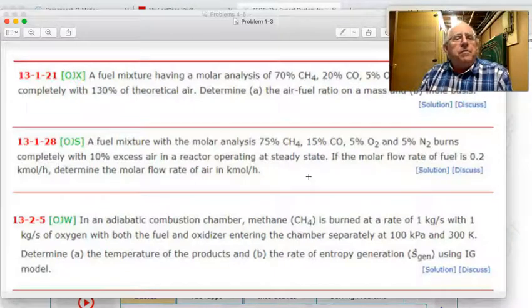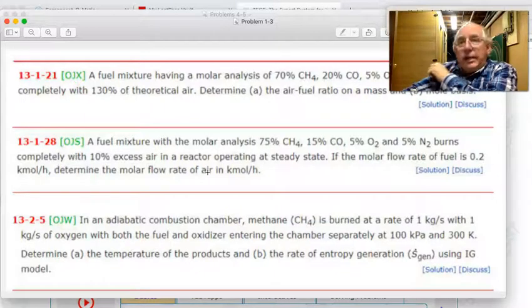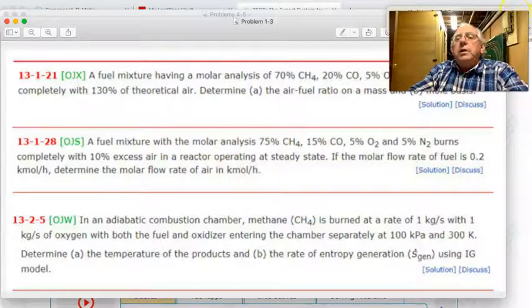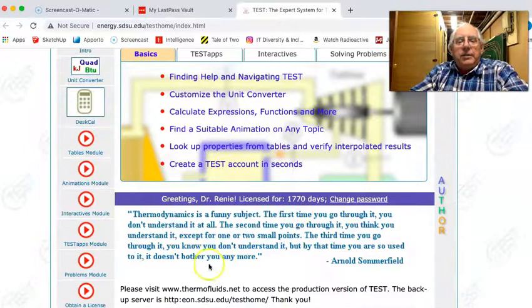This is just from the first chapter where they were dealing with the air to fuel ratios and understanding the concept of excess air. After doing this problem, we'll look at another problem where we actually have some combustion occurring and heat release and that type of thing. So with that, we're going to bring up the test app. Okay, in this particular case, the test app is,